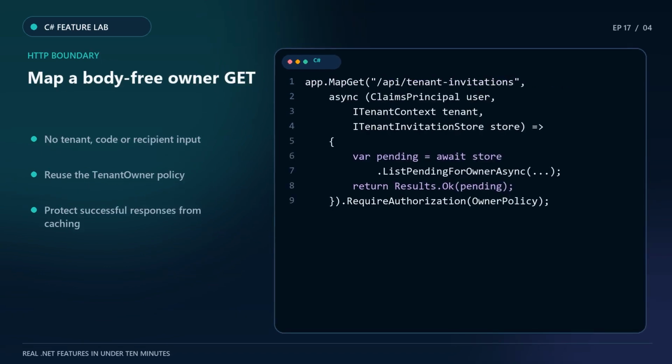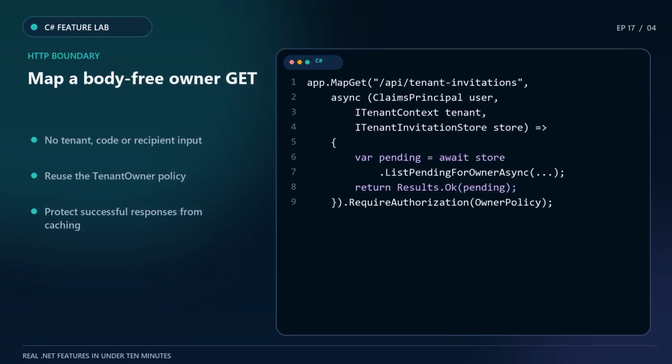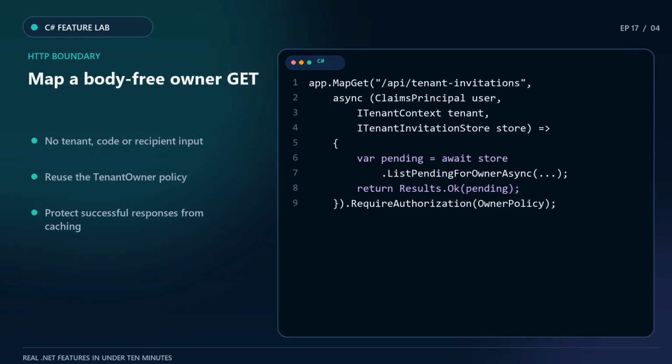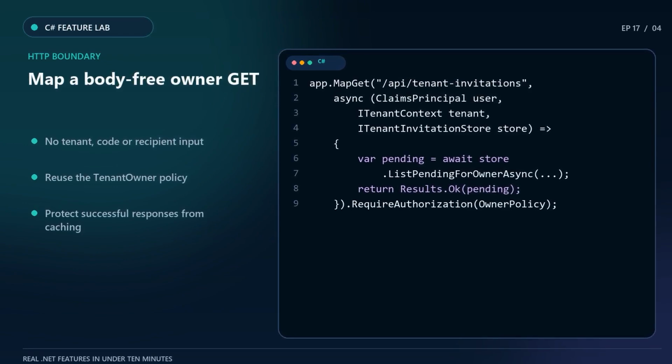The new route shares the same path as issuance but uses GET. It accepts no body and no tenant identifier. The owner identity, security stamp, and membership version come from authenticated claims, while the selected tenant comes from ITenantContext. A supplied tenant ID query value is simply unrelated input and cannot redirect the query. The route reuses the existing tenant-owner policy for the outer check, then passes those trusted coordinates to the store for